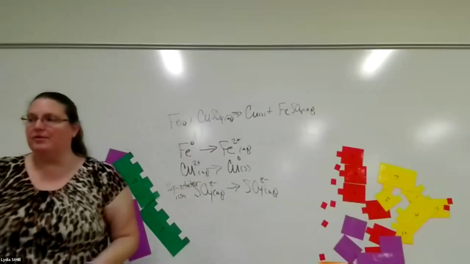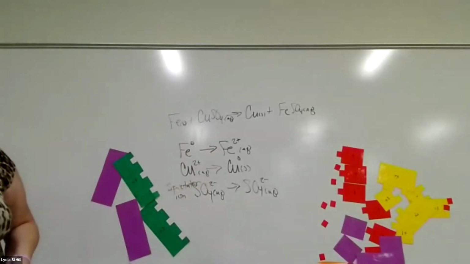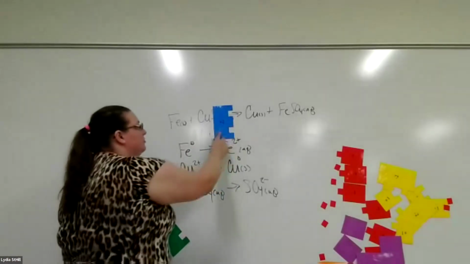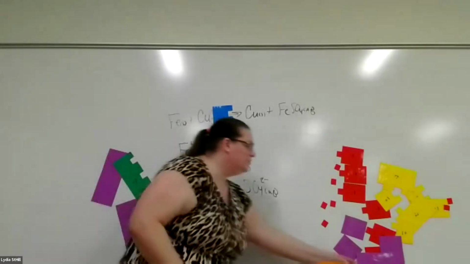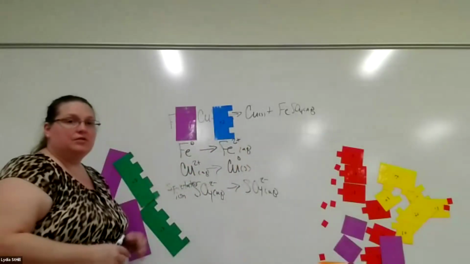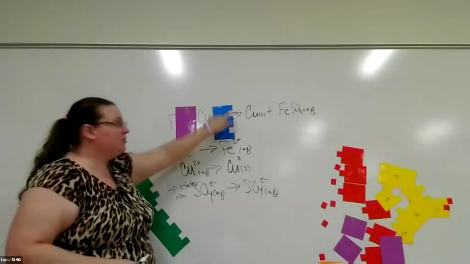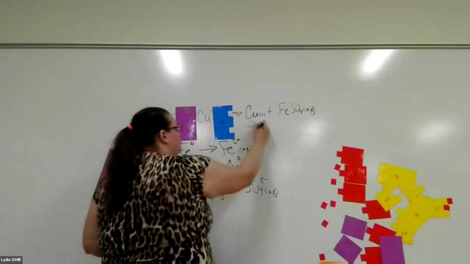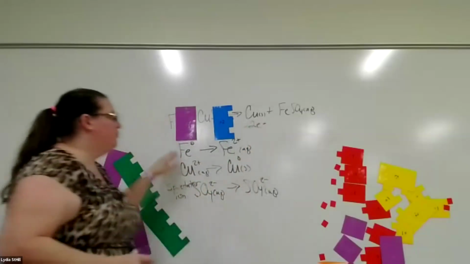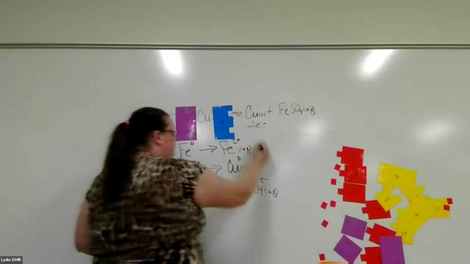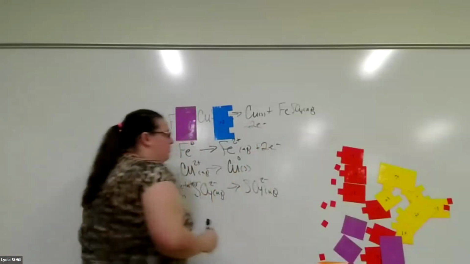So what had to happen? Well, if you go back to your cards, you think about your cards, we have a +2. And before, we had a plain iron at 0. So if you look at those, we have the missing electrons. So in order to balance it, we'd have to add 2 electrons. So if we wanted to write this so that we could see the reaction, we'd have to add 2 electrons